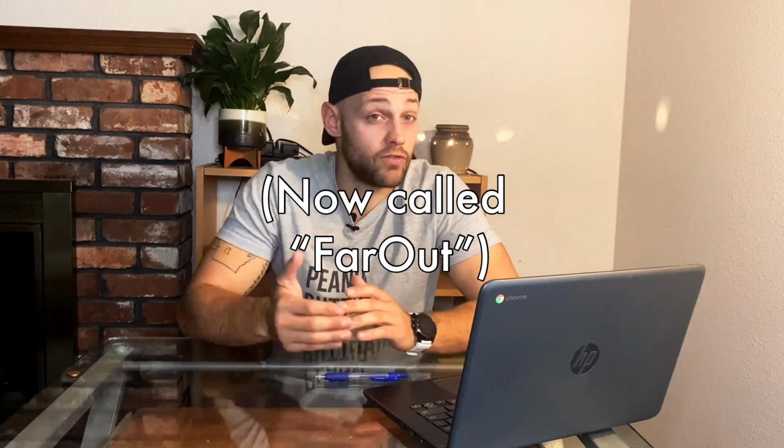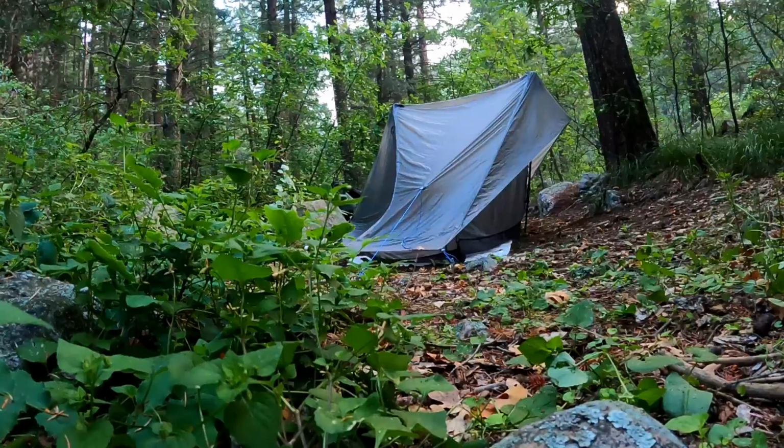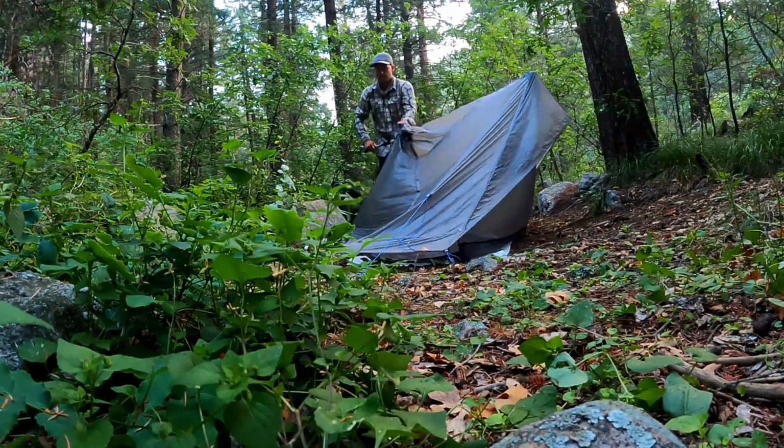Coming at you with a 22.25 day Colorado Trail itinerary. This is going to be super valuable for anybody that is going to be doing the CT. Specifically, if you're using the Guthook app, if you've been doing research, there are no tent sites on there. So I'm going to give you a play-by-play of where exactly I camped and what happened in between